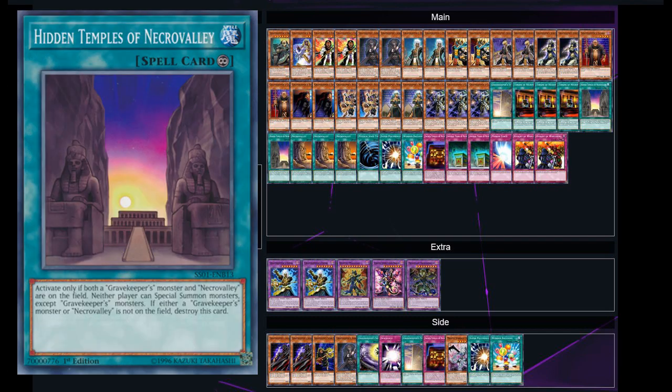Hidden Temples is a, you want to see this and NECROVALLEY to lock down those special summons. So if you haven't got the resources for Spiritualist, get NECROVALLEY, play this, and if your opponent hasn't got the spell trap removal or they haven't got the hand traps to stop you do it, you're actually in a really strong position with the deck. And that's the nice thing about Gravekeepers, is that Yu-Gi-Oh! can move on